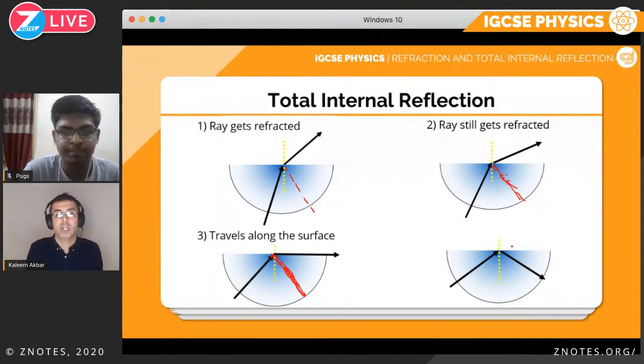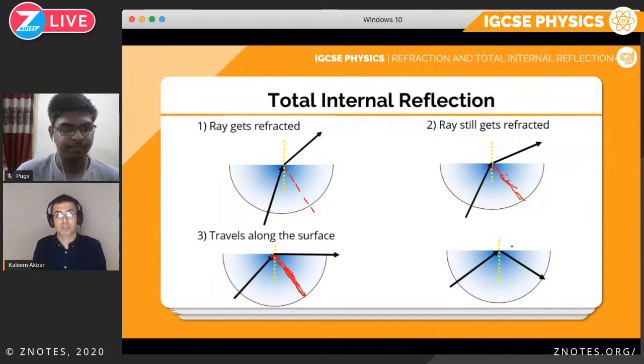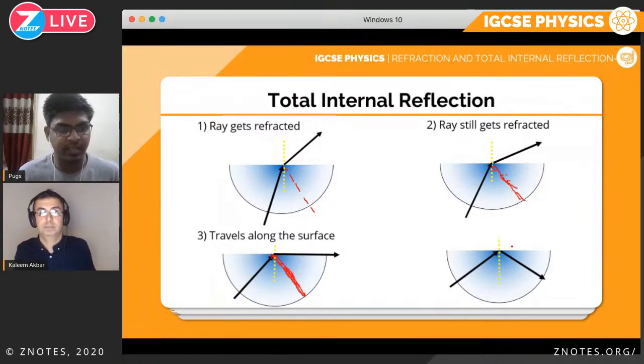It's when the angle of incidence is greater than the critical angle for that material, which is specific to that material. We absolutely are not finished with that topic, but for today, if I were to explain the next slide, it would take 10 minutes on its own. I don't know how you feel about this, Pugs, if there are any questions that need answered. So we can have a recap of today's topics on Thursday and then head into the past paper questions. There is one